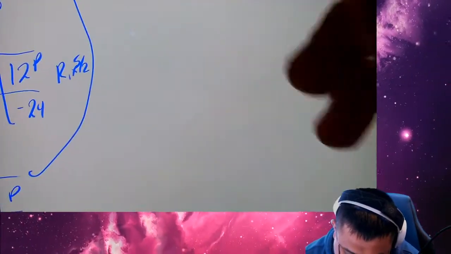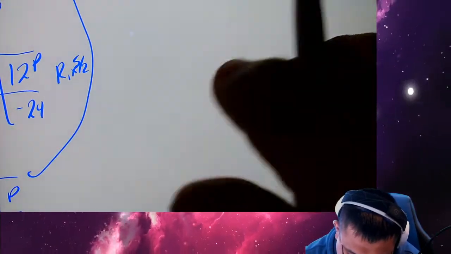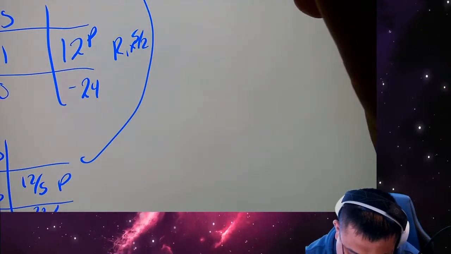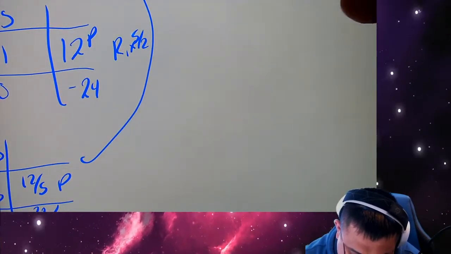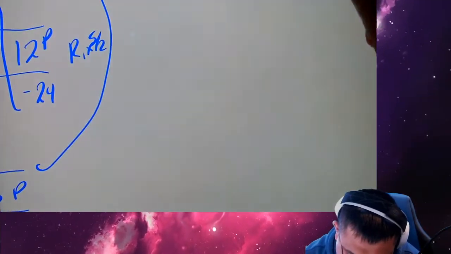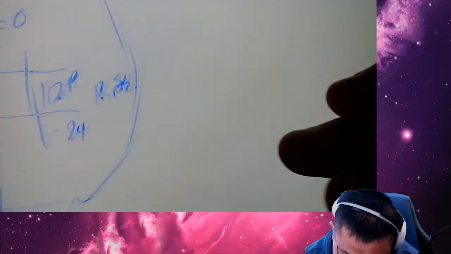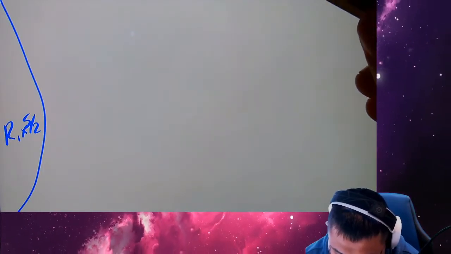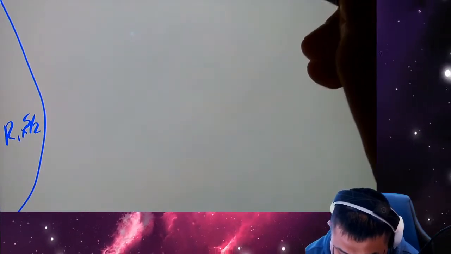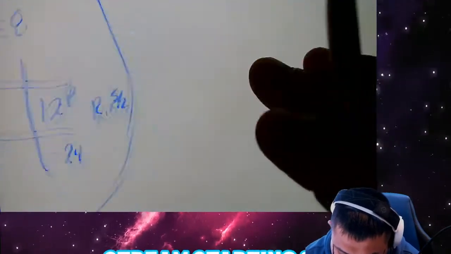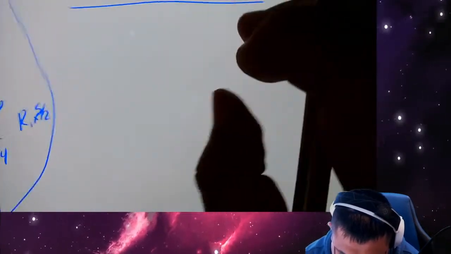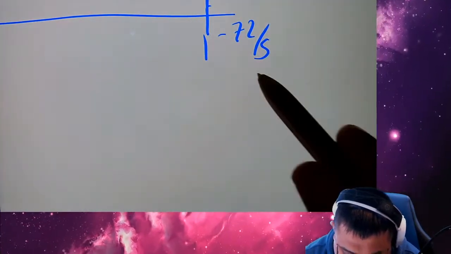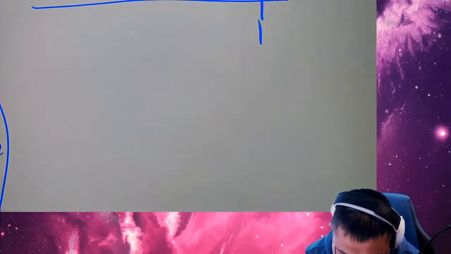5 over 2, 1 half. Oh wait, that's actually going to be 5 over 2. 1 half and 1 half. Okay, and then 5 over 2. So this is just going to be 6. And the bottom is negative 72 over 5. Okay, but we're not actually going to keep that